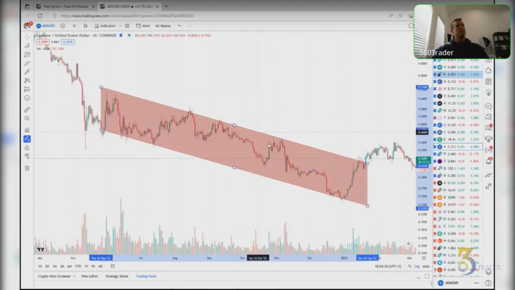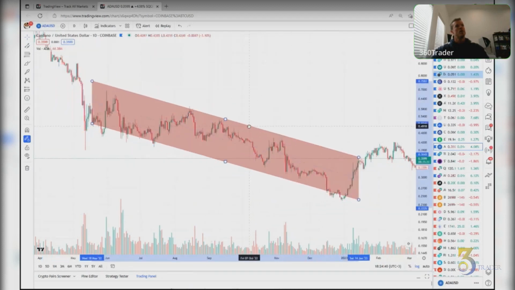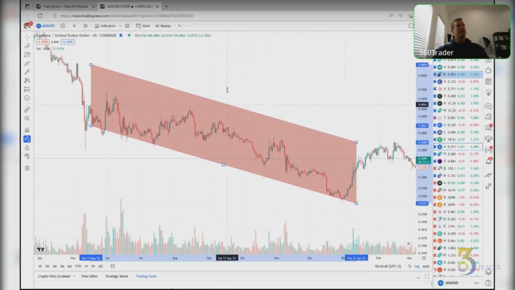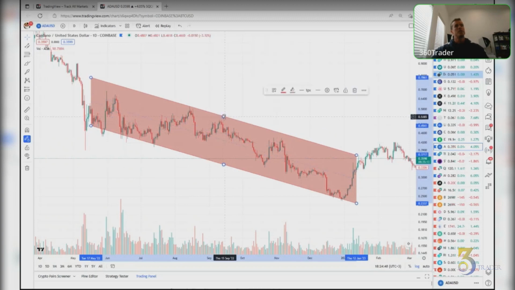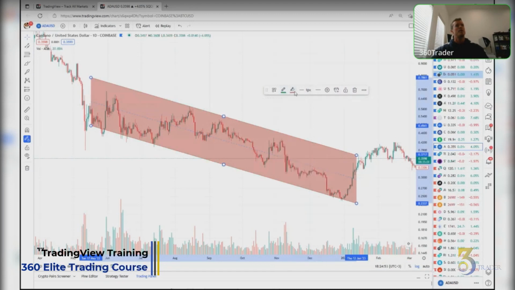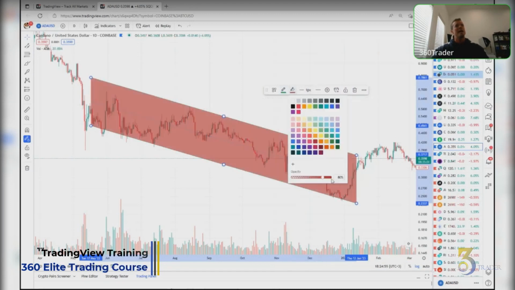And you can move it once it's drawn. You can adjust it. You can manipulate it, make it thicker. I mean, you can do all kinds of things with it. And you can also change every aspect. Now, this is one of those times where you would probably want to change the opacity.